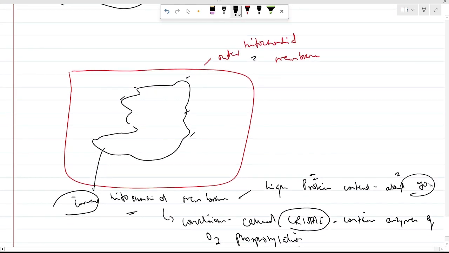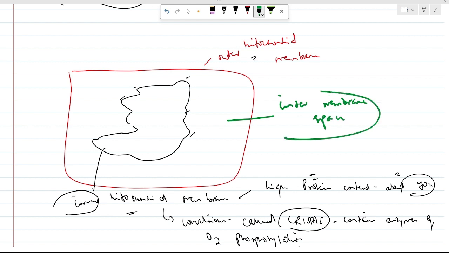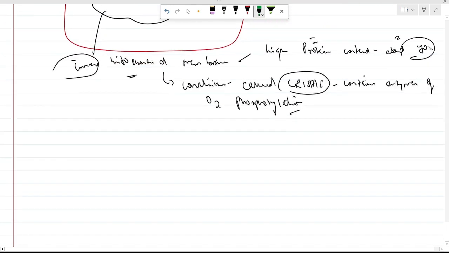In between these two membranes, this space is called the intermembrane space. Intermembrane space, the space between the two membranes of mitochondria. Very simple understanding. Now we are going to see